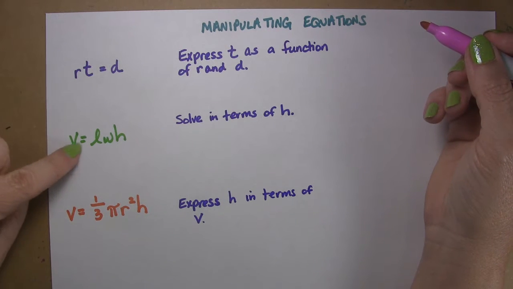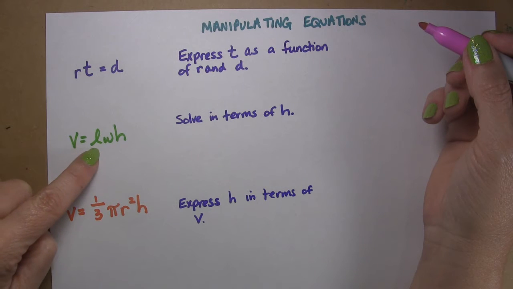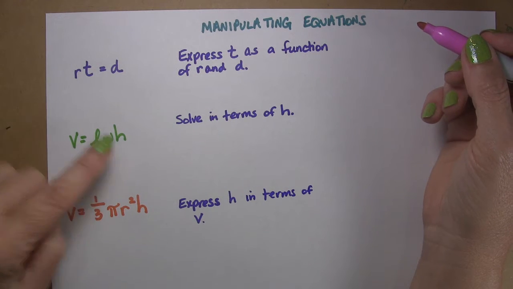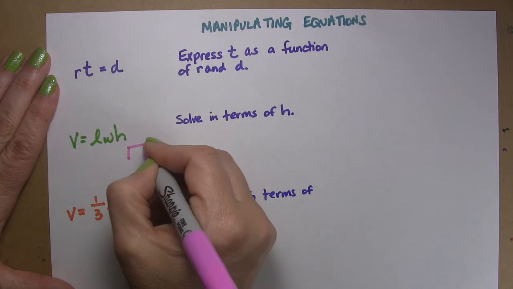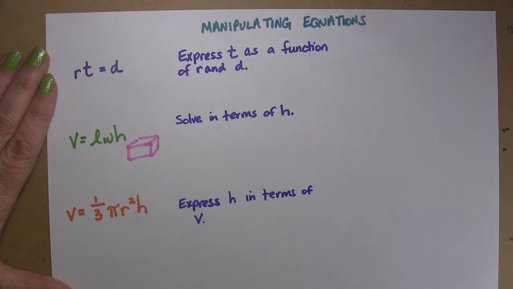Here we have V equals LWH, which means that the volume stands for the length times the width times the height. This would be the volume of a three-dimensional box, for instance. We would have the length and the width and the height, multiply those together, and that gives you the total